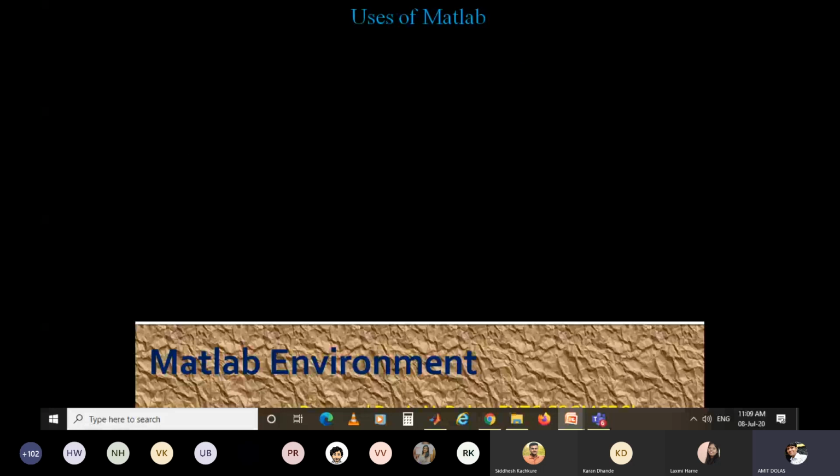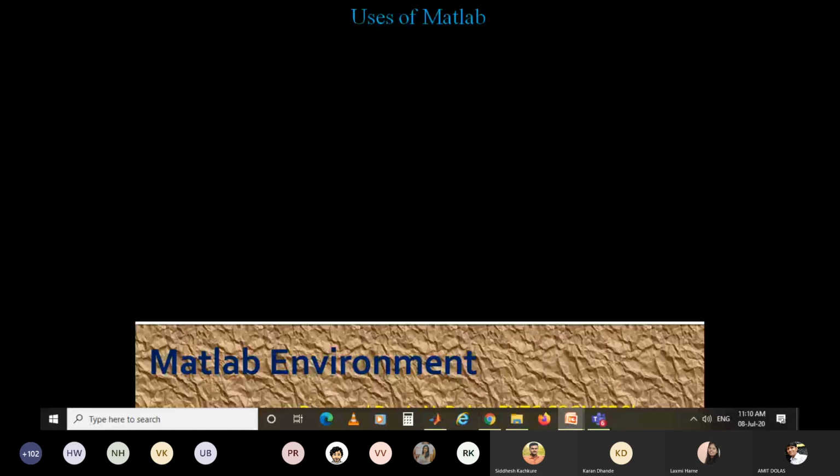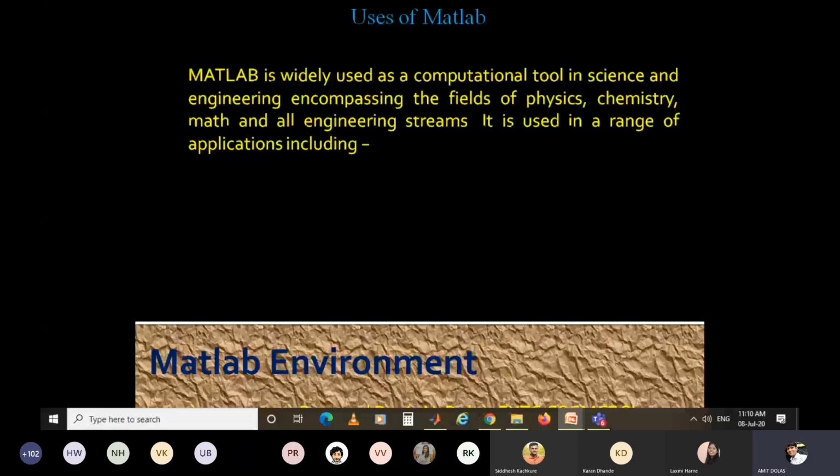Uses of MATLAB. MATLAB is widely used as a computational tool in science and engineering, encompassing the fields of physics, chemistry, maths, and all engineering streams.